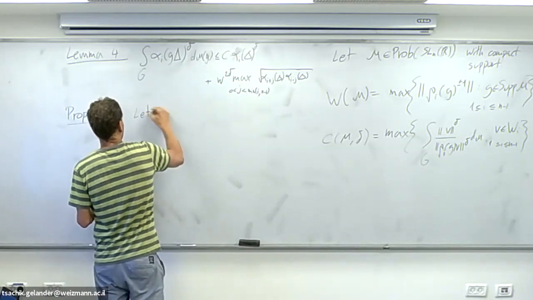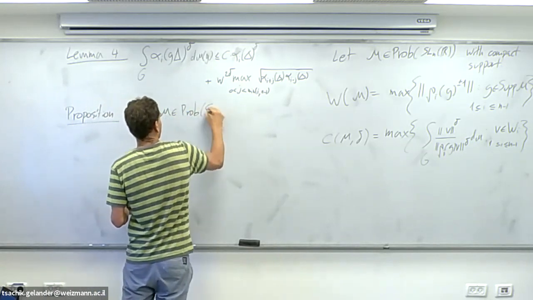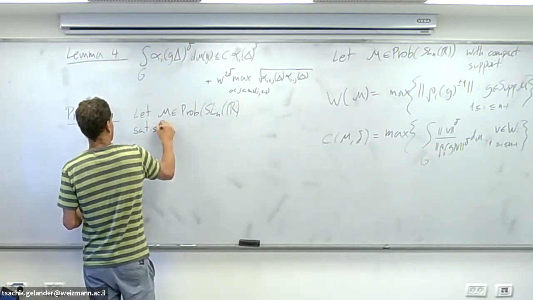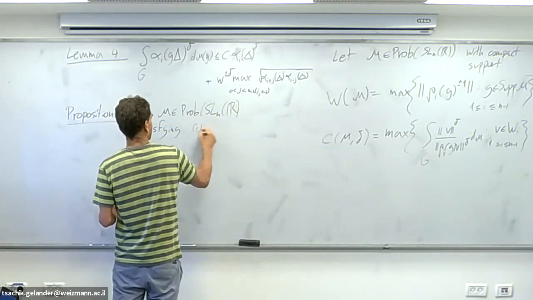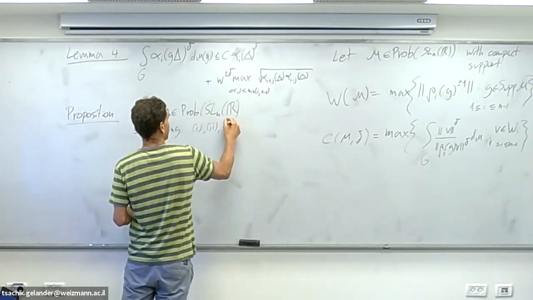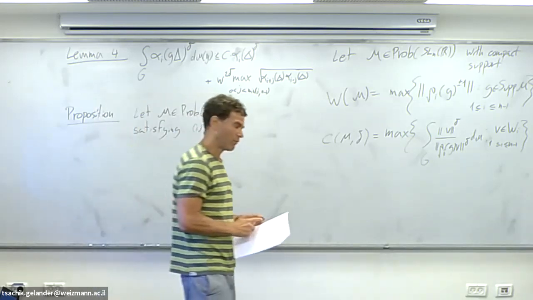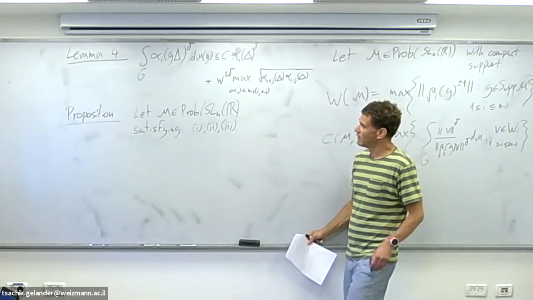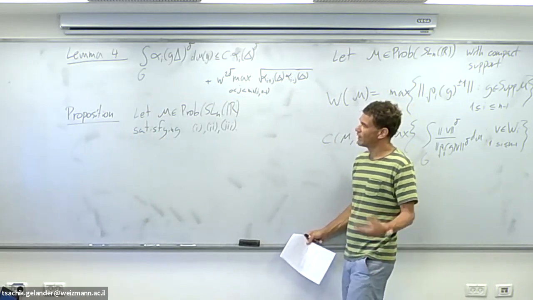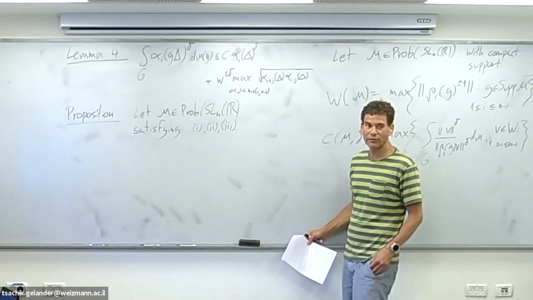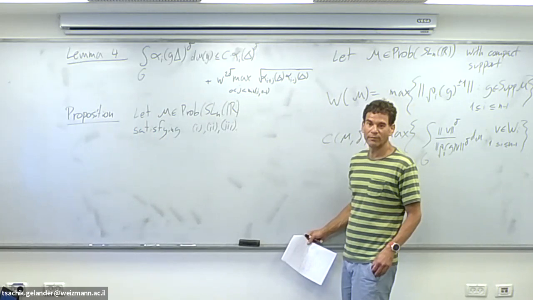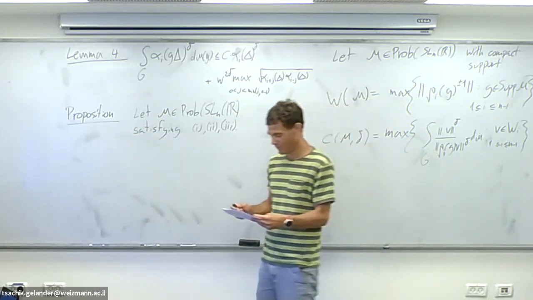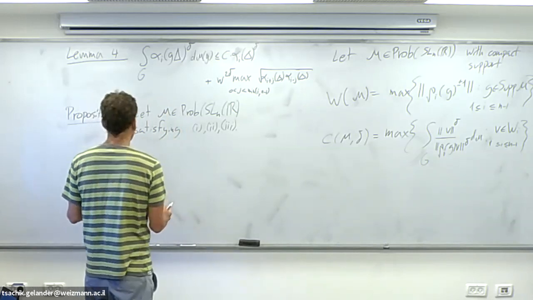So let U in the probability measures on SLN R satisfy 1, 2, and 3. You remember in one of the lemmas we had three conditions. One of them was that it is compactly supported. It was symmetric, and it was supported on the positive definite matrices and generates an irreducible subgroup. That was 1, 2, and 3. I think 2 was both that it's compactly supported and of positive definite matrices. So let me take such a measure,